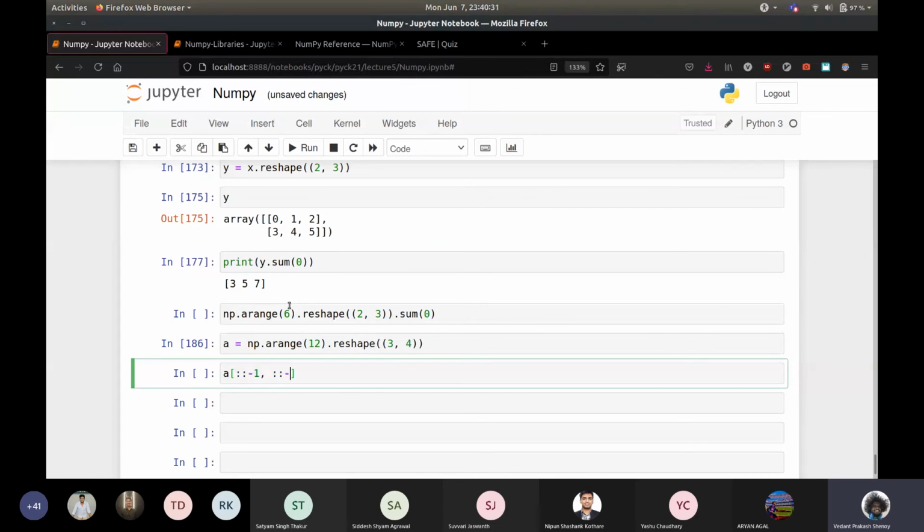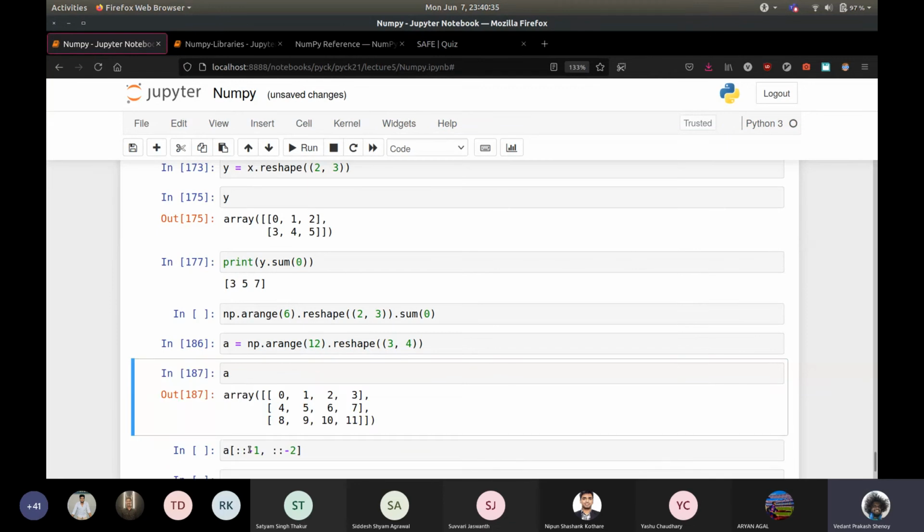Minus 1, minus 2. So this will reverse the rows, right? And this will reverse the columns, but take every second column. If you reverse the rows, you will get 8, 9, 10, 11, 4, 5, 6, 7, 0, 1, 2, 3.